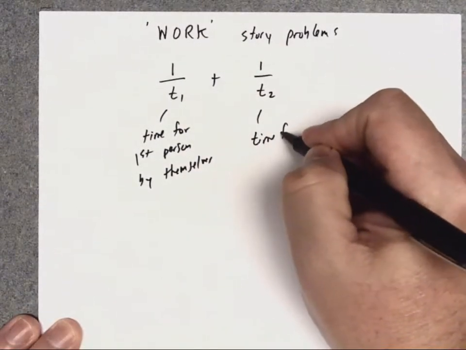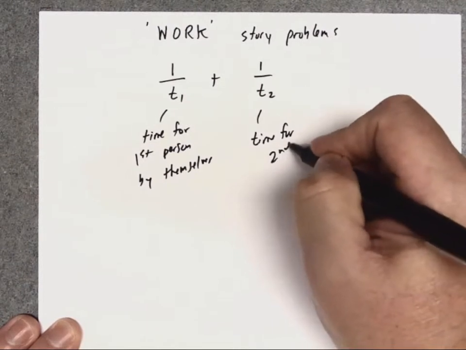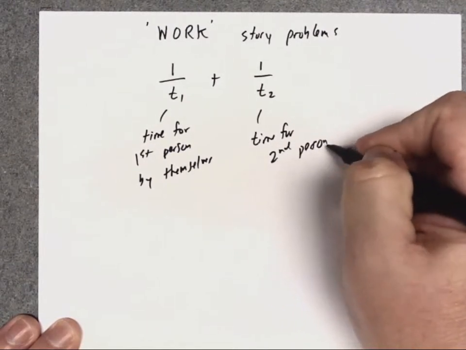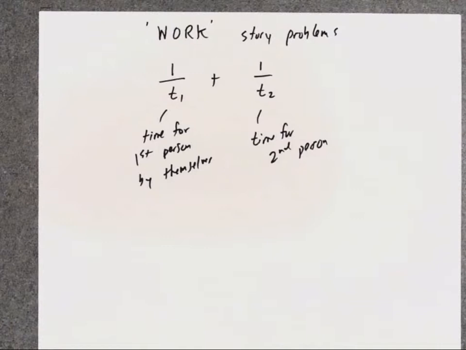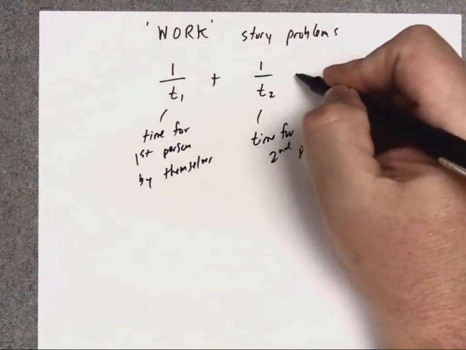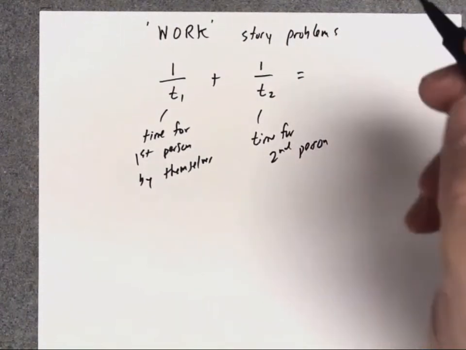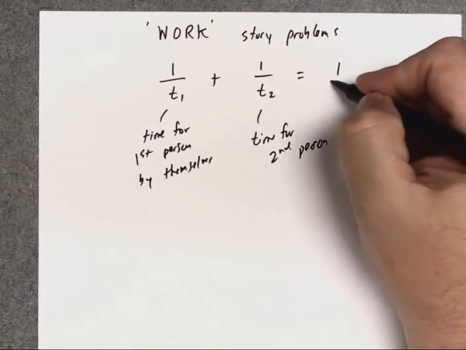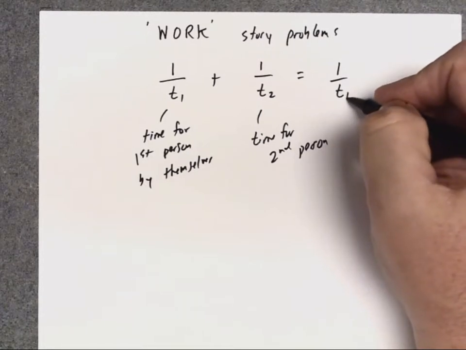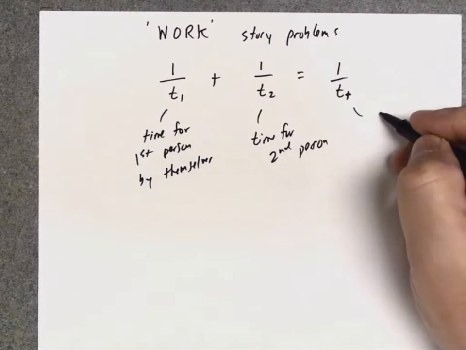That's the time for the second person to do the same job by themselves. All right? So it turns out my equation says that's going to equal 1 over T sub T, where this is the time